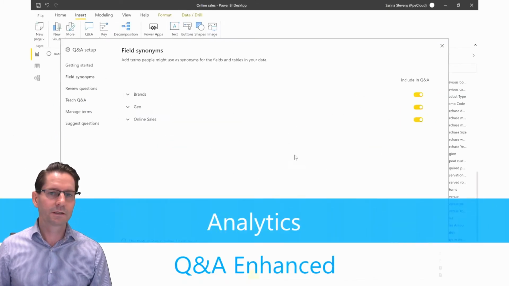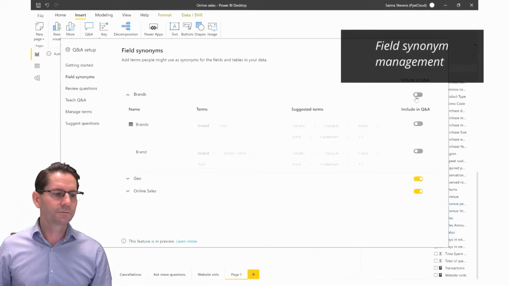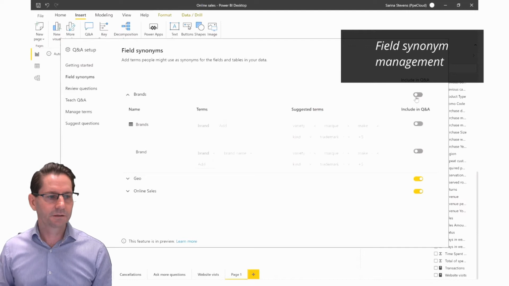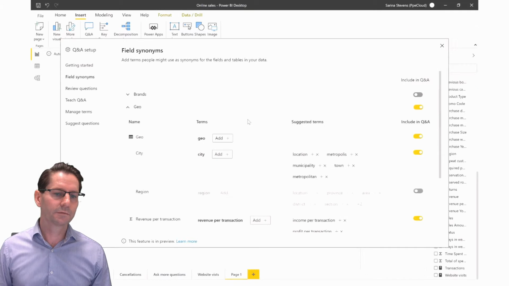Moving on to the Q&A enhancements. So in the analytics space, they're showing that in the field synonyms set up for Q&A, you can either disable an entire table from the Q&A search, or you can disable individual particular columns, which they're doing right now, or measure. So here they go, down to the revenue per transaction, and just disable that column from the